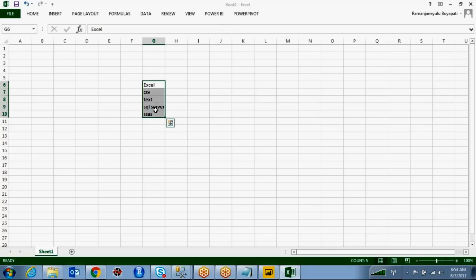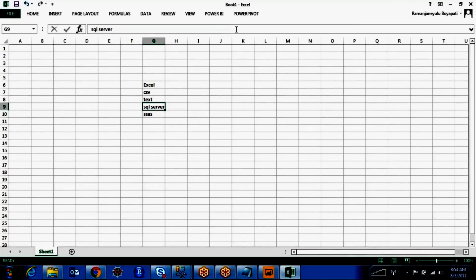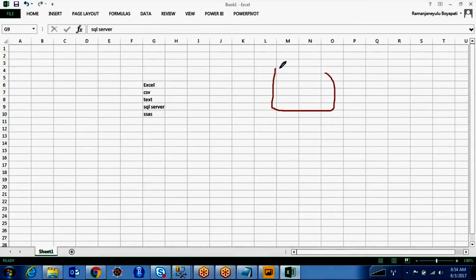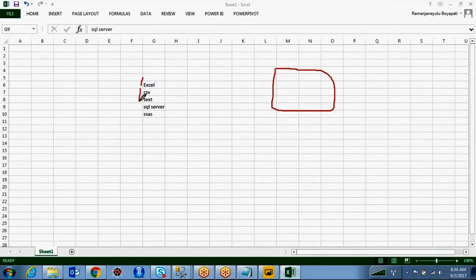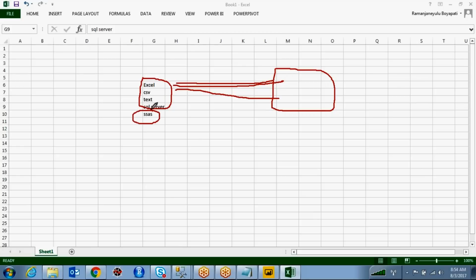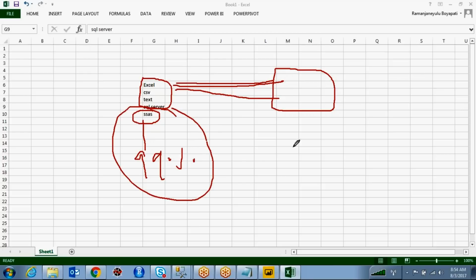Yes, we can create something when you take measures and all those things in SSAS. I will discuss that later. Normally, when you are taking a source apart from SSAS, we do the modeling inside Power BI. If you are taking SSAS as a source, 99 percent of the modeling and all those things you have to finish at your data source level only. We don't prefer to do the modeling at the Power BI level.